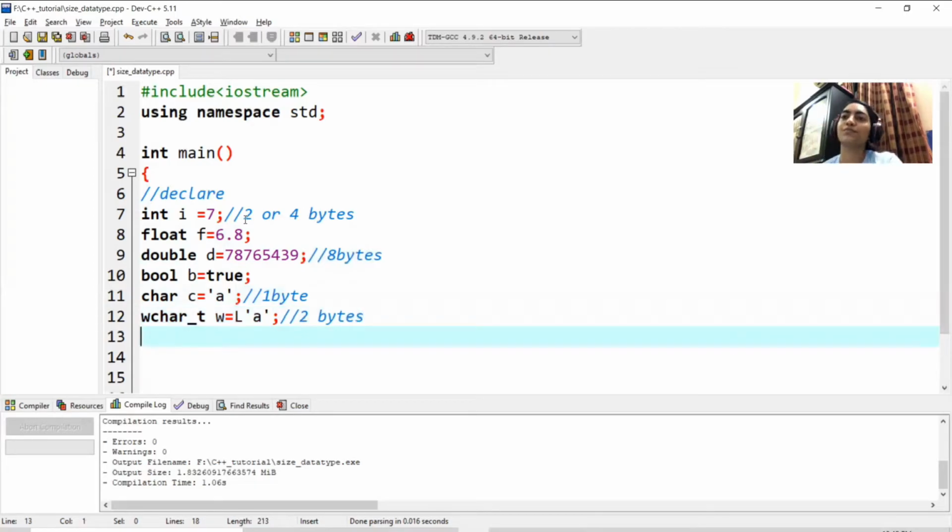Next is, I think we have covered all the data types. Now something about char. Char has this unique thing to be noted, that it's not that in memory,